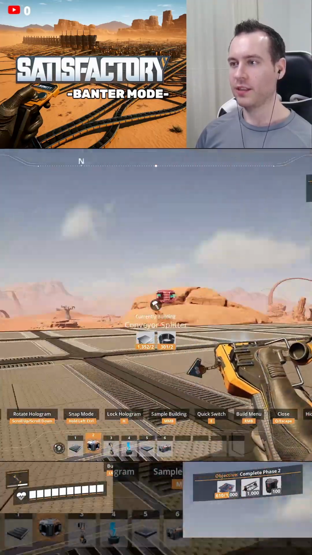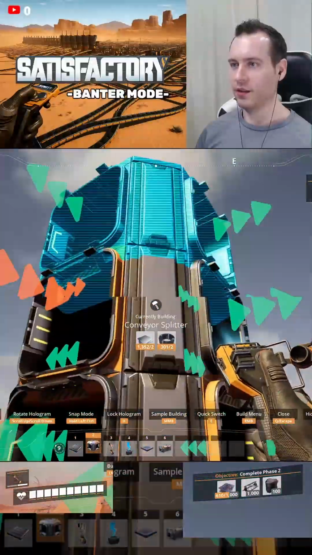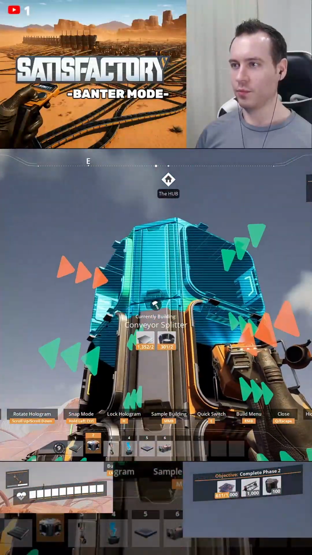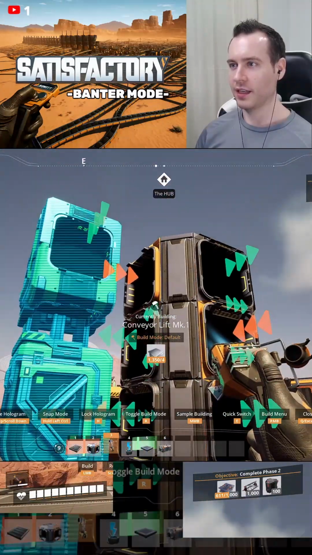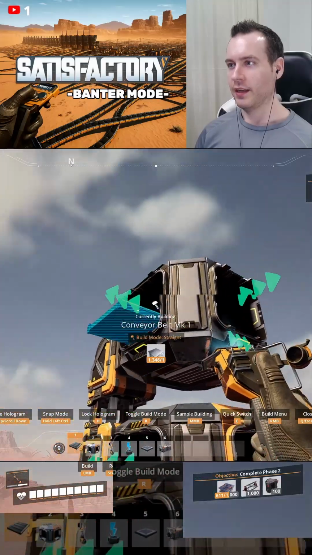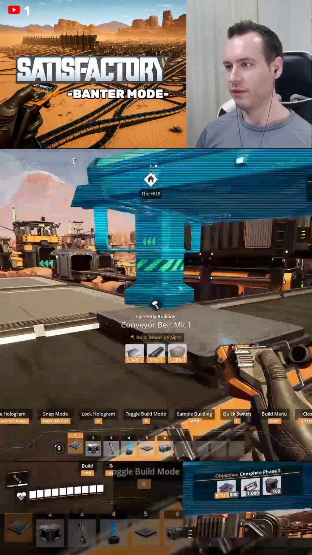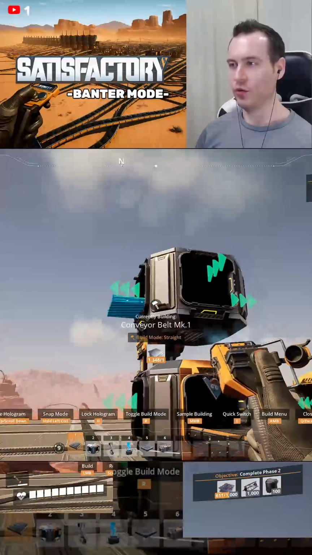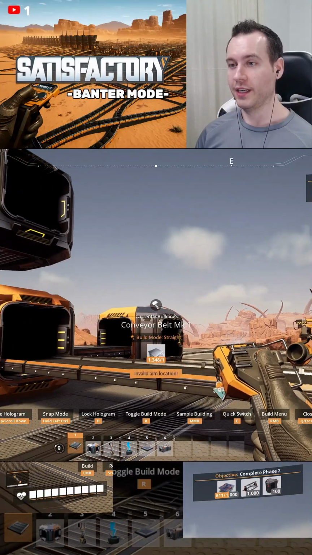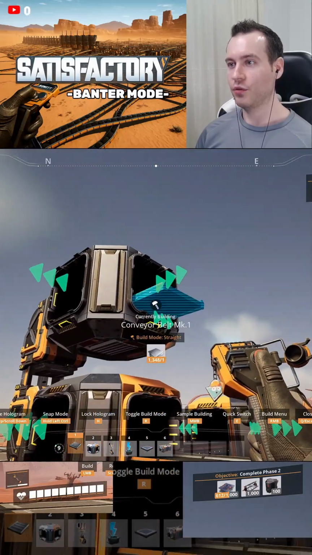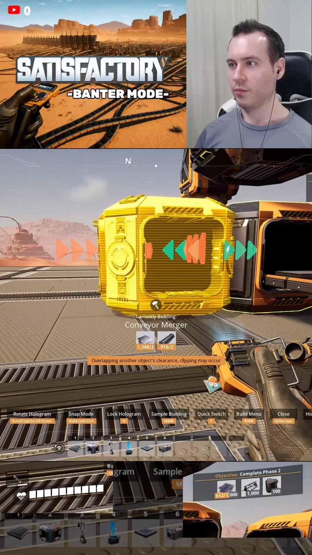I'm going to call this side the back, and the input side will be the front of it. So off the first layer will be definitely from the back. It'll feed from the first splitter up to the second splitter from the back side. Then this splitter, in this case, the 5 reinforced iron plates per minute to the 3 reinforced iron plates to a modular frame. They will have 2/3 to the left side now, so the merger will be again to